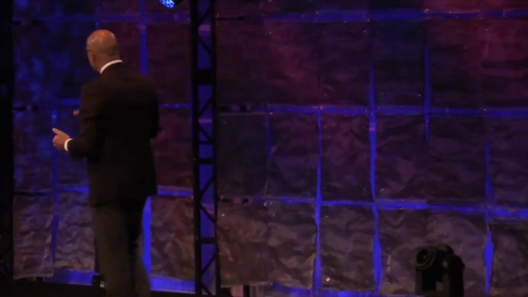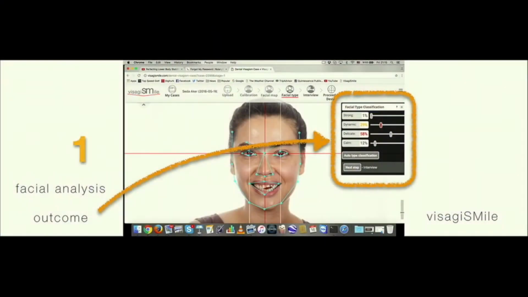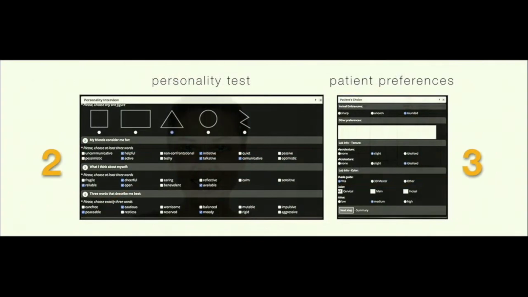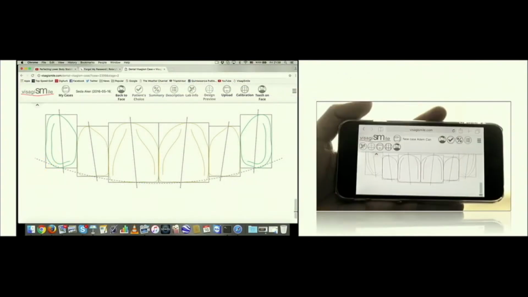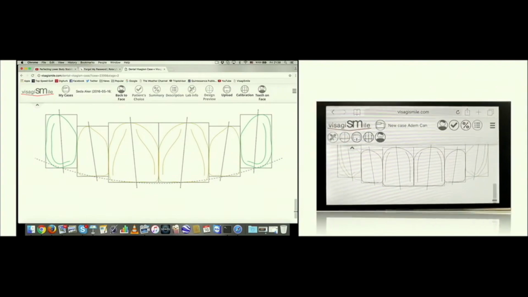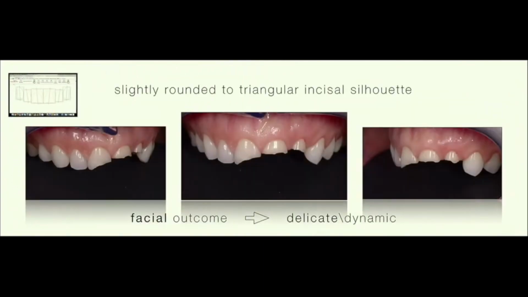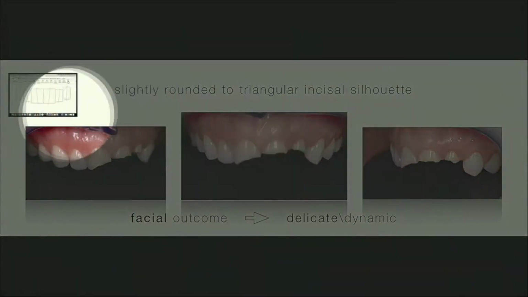So just by getting this patient into the software, I can easily now see that the face is mostly perceived as delicate in this case. And then with the interview, we can see that the patient's personality is also delicate. So I'm just showing these two together, saying that not every patient gets the same design. Of course, other patients get square teeth, less dominant centrals, etc. And this is how I start my mock-up, with the visual image of the design that was given to